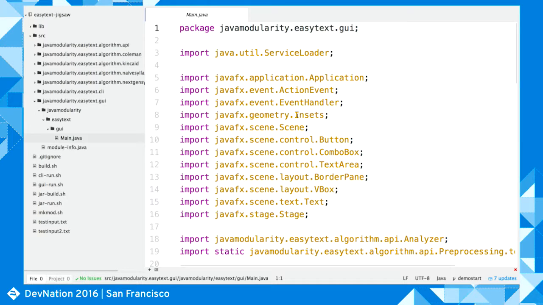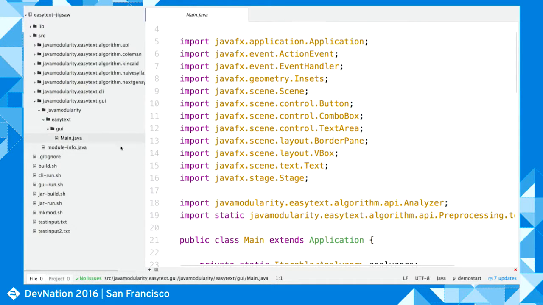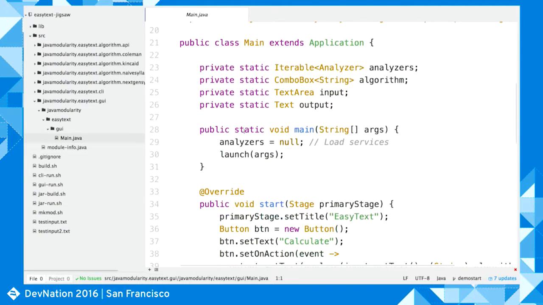So as you can see, we import quite a lot of JavaFX types, so we need to do something about that in our module info. And then in our main method, we somehow have to load the services. Now, we can use the service loader API to do that.